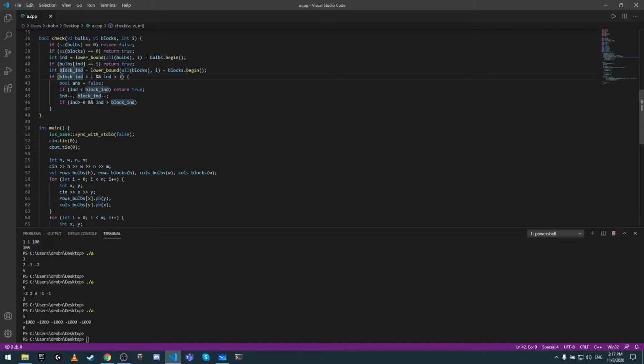So if blocks index is over I and bulbs index is over I, blocks and bulbs index over blocks index, bulbs index is also, we have some sort of bulb and then bulb index is over block index. Then we can